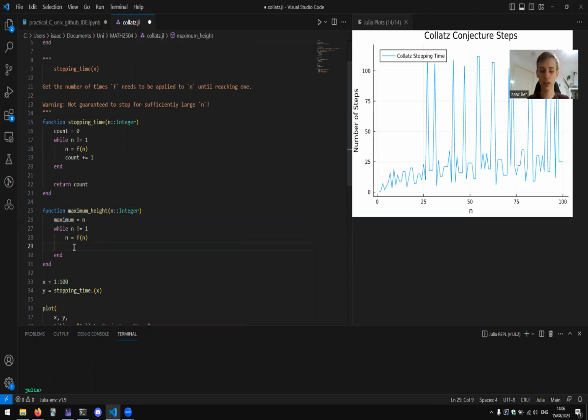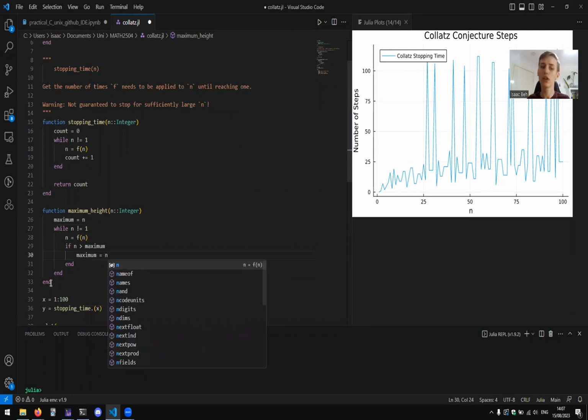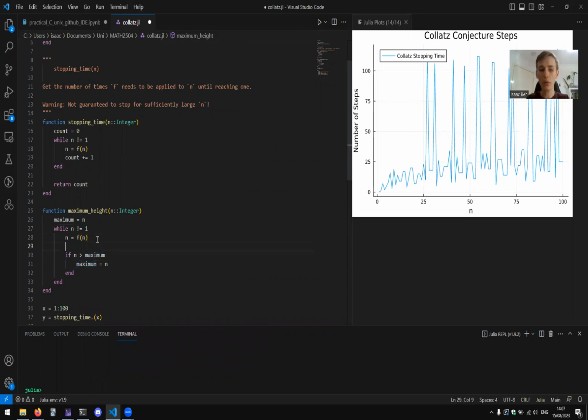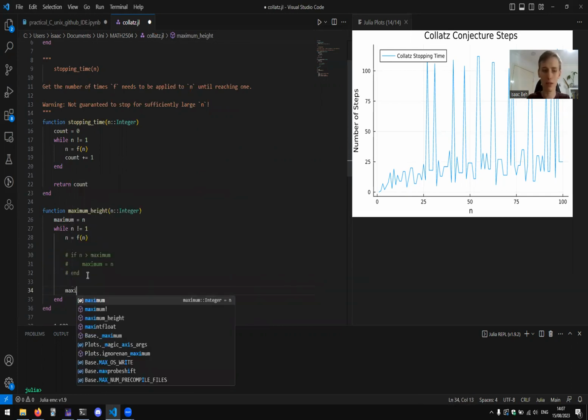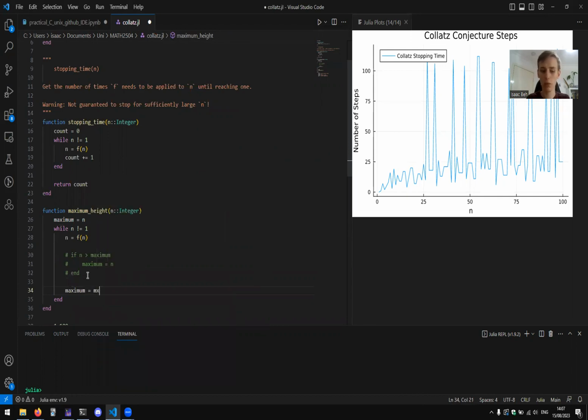So there's two different ways that you can do it. If this n now is greater than our maximum, we can set our new maximum to be equal to n. And you could also do that in a one-line if statement if you wanted. Another way that we can do this, so I might just comment that out because we won't actually do it this way. Another way that you can do it is just to set the maximum to be equal to the